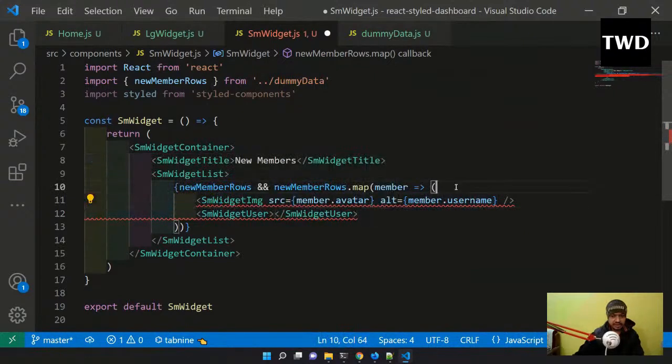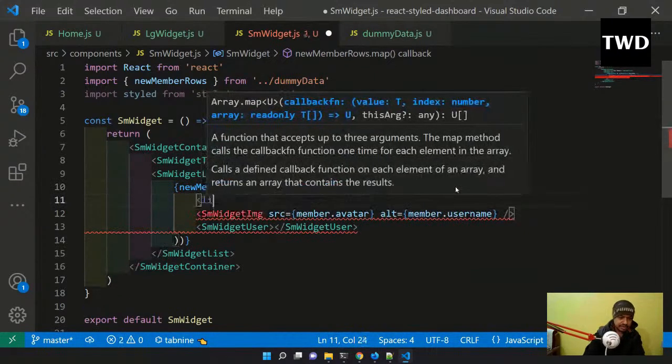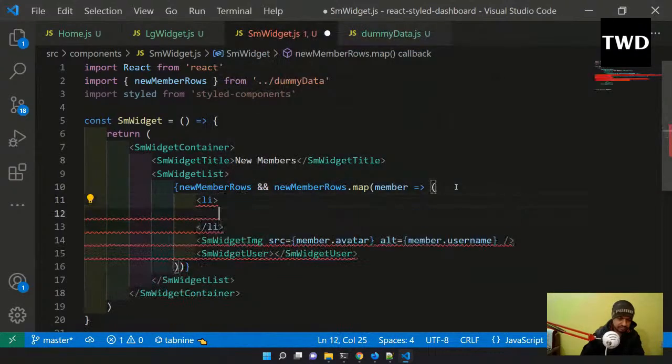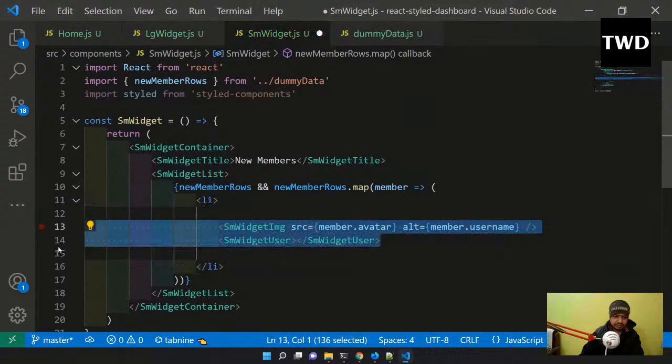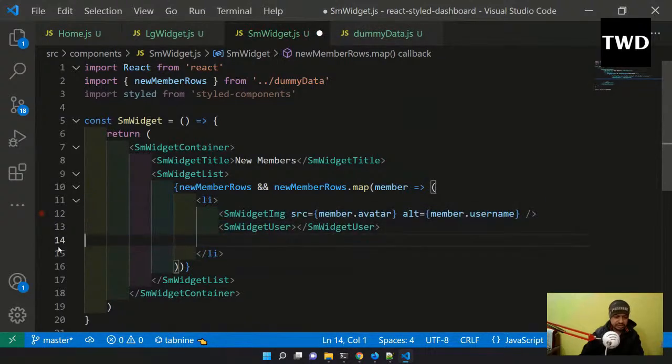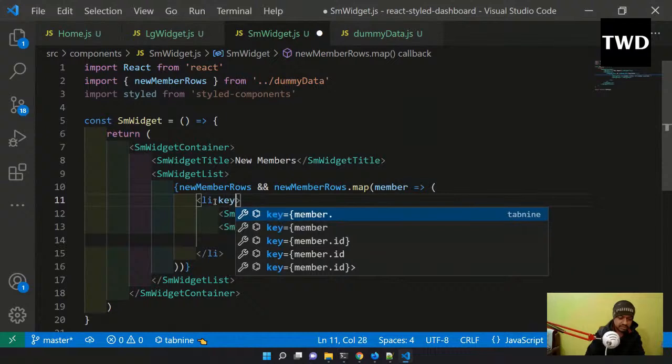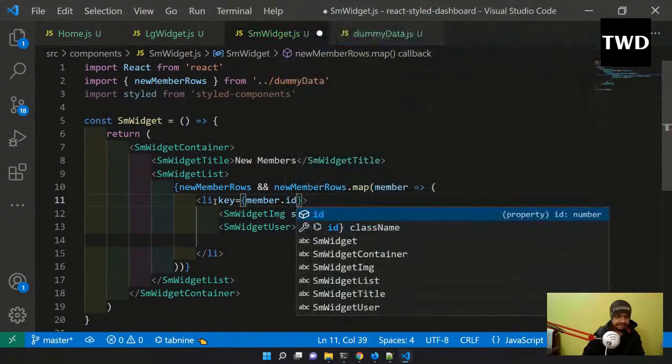I'll wrap it in li actually. So I missed that li, and they are of different tags, so React is giving me an error because of that. In React everything has to start and end with the same thing, or else it gives an error. So for li I have to make it unique, like key equal to member.id, and